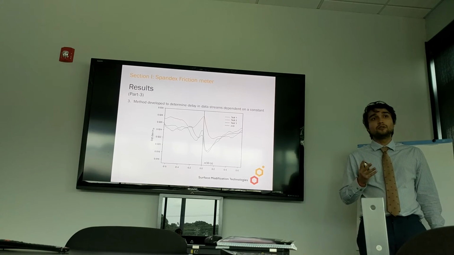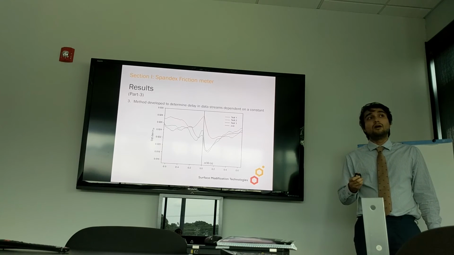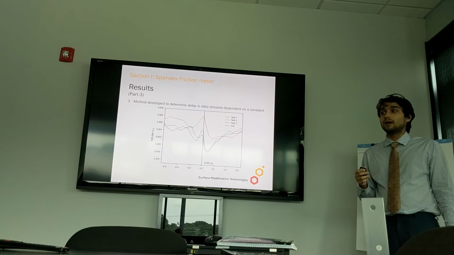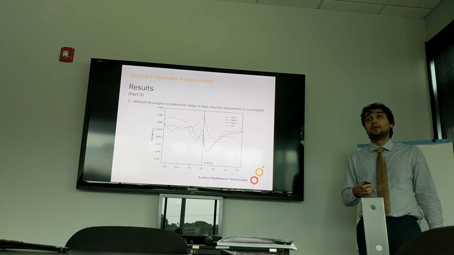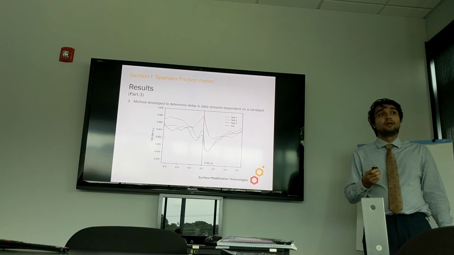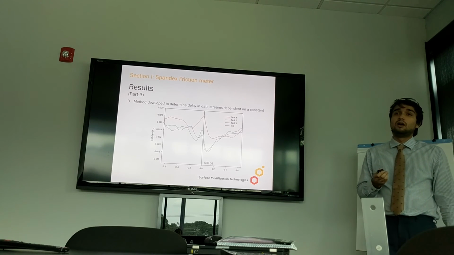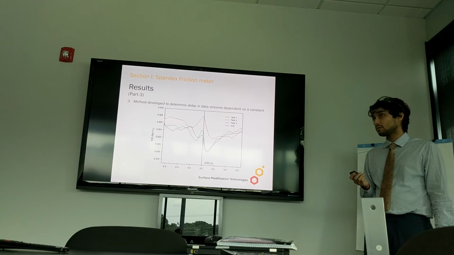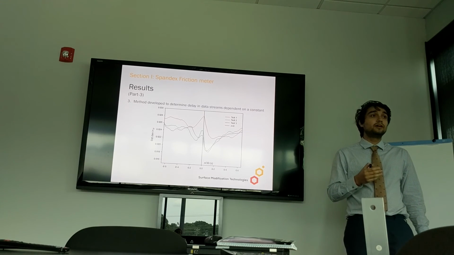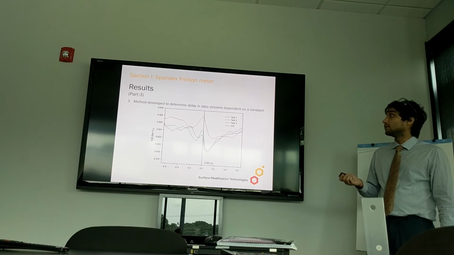The final way of looking at this study is to think of it as a method development. And the method here is that you have an instrumentation system with multiple data streams, and you can find the equilibration time as long as those multiple data streams are related to each other by a physical constant. So another example of an instrument that fits those parameters is the hard yarn friction meter, where the data streams are T1 and T2 as well, and the constant that relates them is the coefficient of friction.